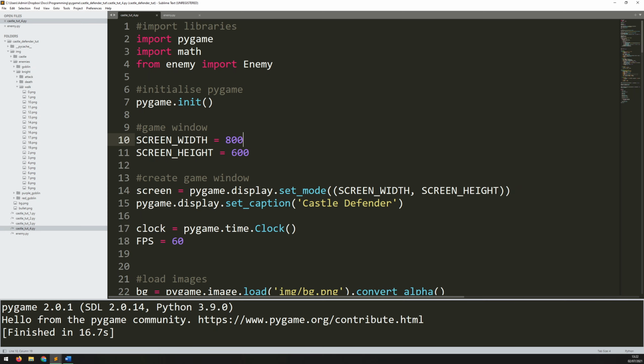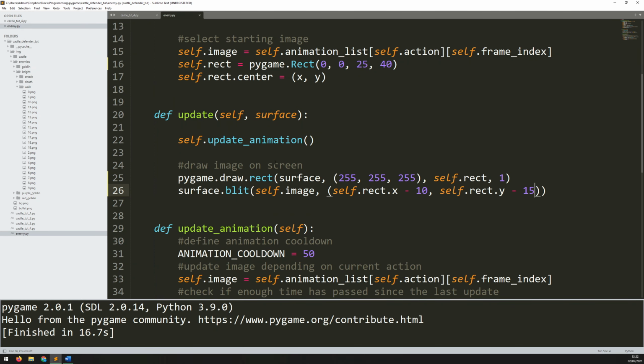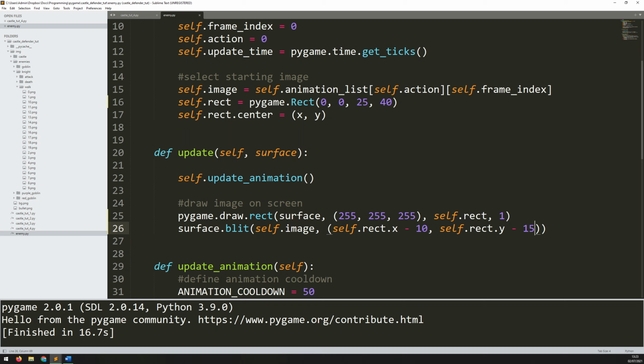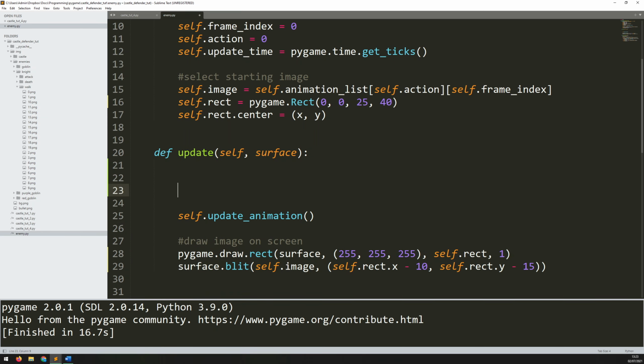So now that that's out of the way, I can start coding in some AI. And what I want to do first is to actually get these enemies to move across the screen. I'll do that all within this update method. So I'll get rid of all this stuff, move it down a little bit, and basically what I want to do